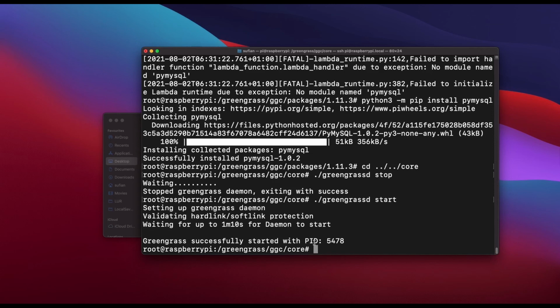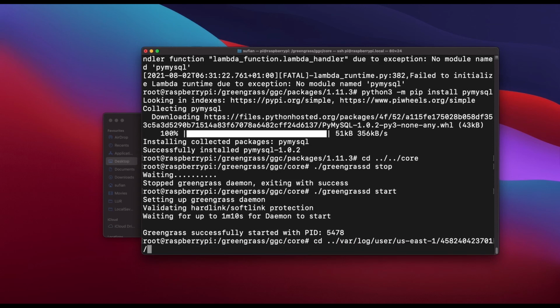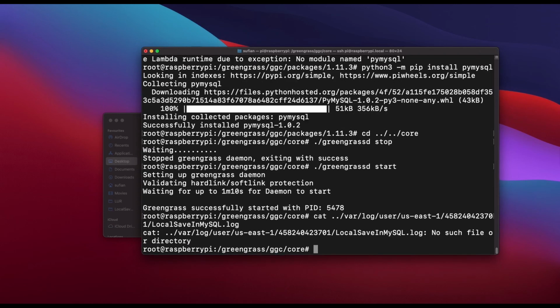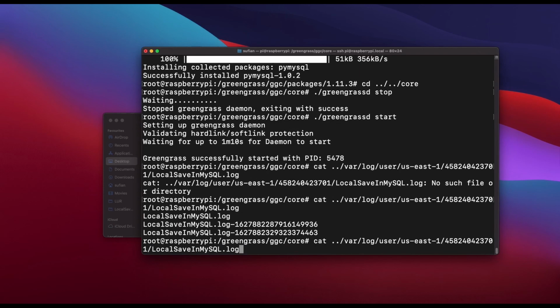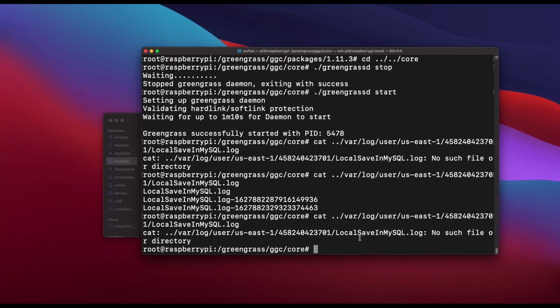Let me quickly check this one again. I'll do var log user for this one. It shouldn't be cd, this should be cat. Okay, there's no log currently.